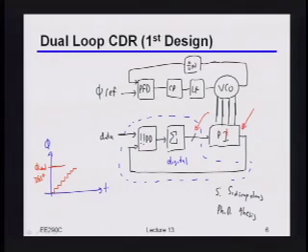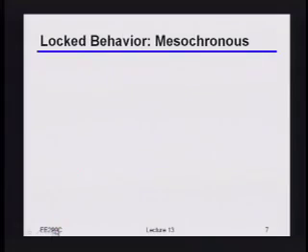So that always implies, of course, that if there's a finite resolution with which I control that phase interpolator, you can never get exactly the right value for the phase. All you can do is get close to that value and then jump around in that vicinity. So as an example, let's just think about